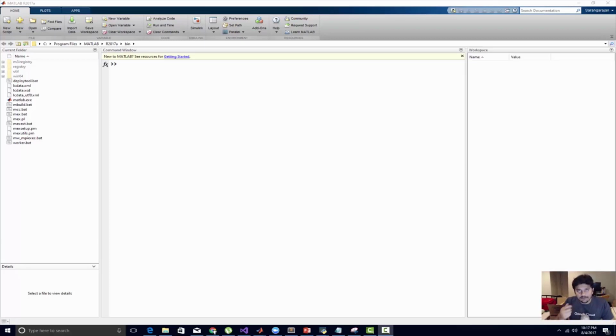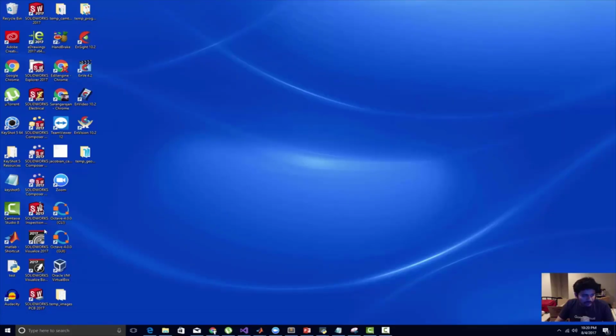Now if you do not have Matlab installed, then you can actually use Octave. Especially for the programs that we will be writing in this class, it really doesn't matter which software you're using. And also I'm going to show you that the program that you write in Matlab is going to run in Octave without any problems. Alright, so to open up Octave, just click on the desktop shortcut and then it's going